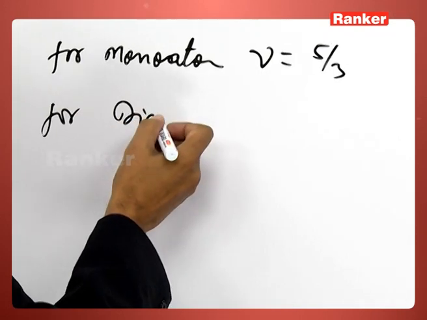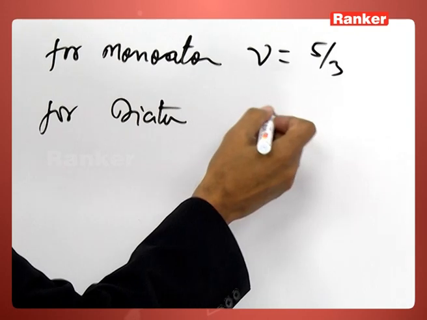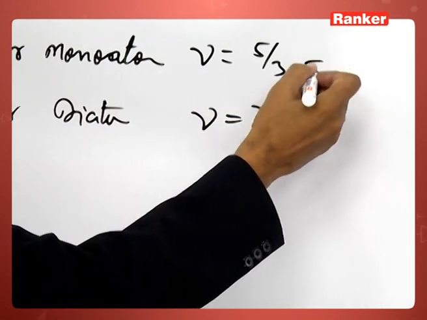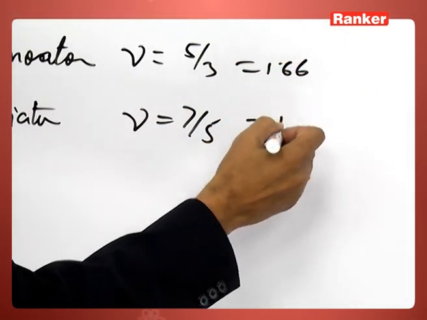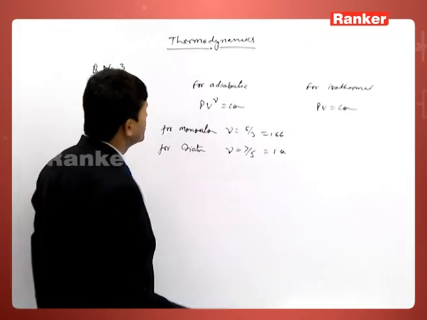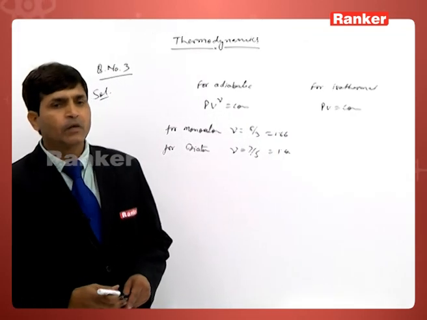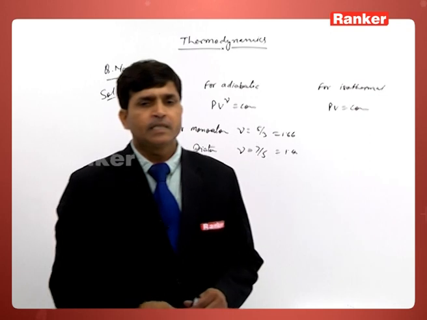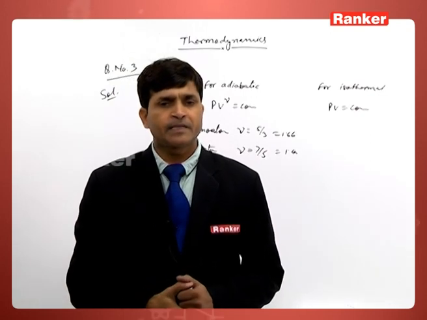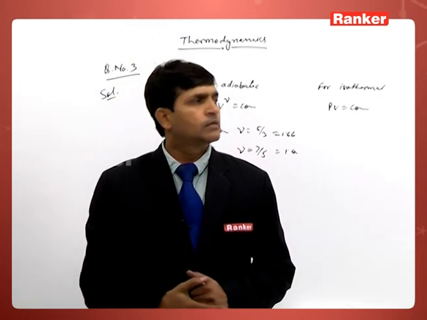For diatomic, gamma is 7/5, which is 1.4. Likewise, for monatomic it is 5/3, which is 1.66. So what is given here? It is given that the initial volume and pressure are the same. Now compressed